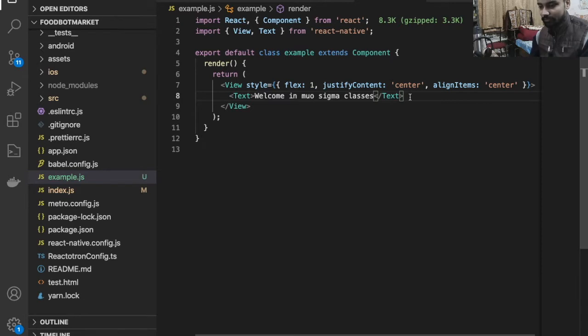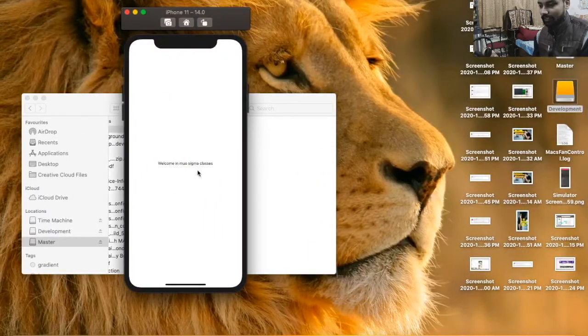I'm not going to use any other file. This is a different project, so just ignore other files and other stuff in this project. Maintain the focus on this example.js file. And here you can see we have this text, and this is the view of the mobile app.